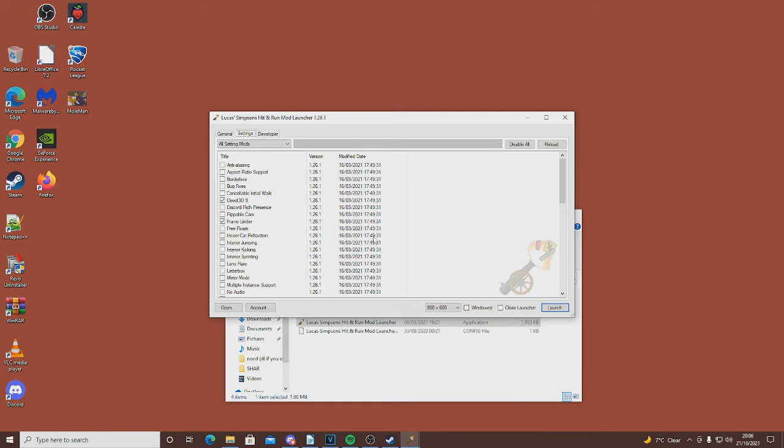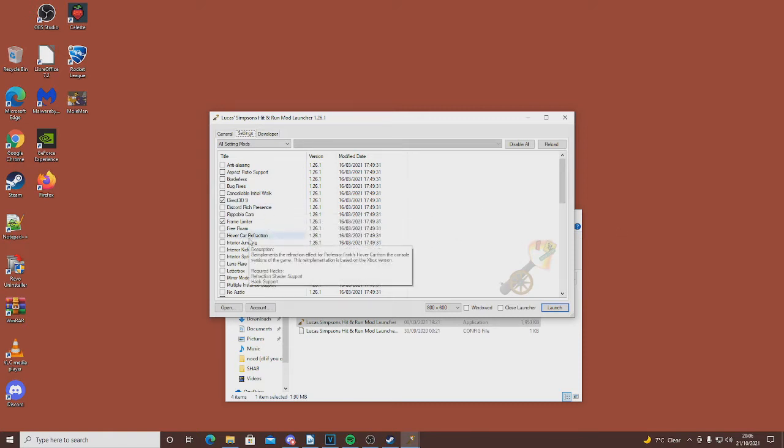Before we go any further, I'm going to link a video by Keith Ram. This video goes into a good level of detail of how to set up the mod launcher, including descriptions of the mods. I highly recommend you check out this video by Keith Ram, as it does a great job explaining how the mod launcher works. I'm also going to link the whitelist for the mods available in the speedrun in the description.